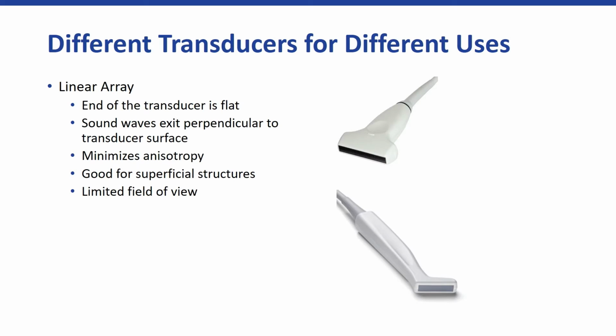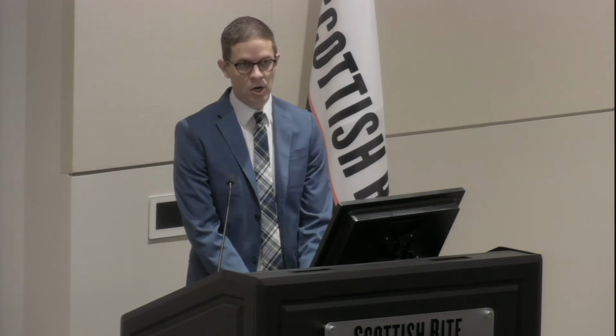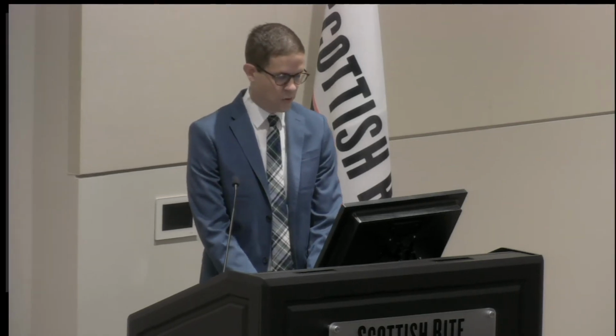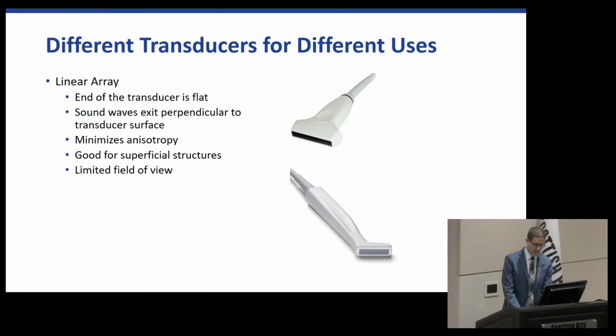So we have different ultrasound probes, okay? There's a wide variety of different ones. In sports medicine ultrasound, we kind of stick to just two different ones. This first one we see here is a linear probe. You can see there that the end of it is flat. The top one is a high-frequency linear probe. You can see it's a little bit wider, which is a common one we use, whereas the one below it,